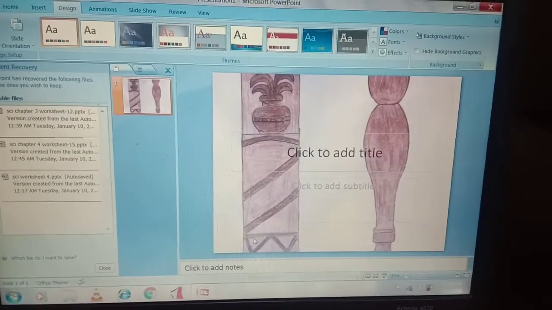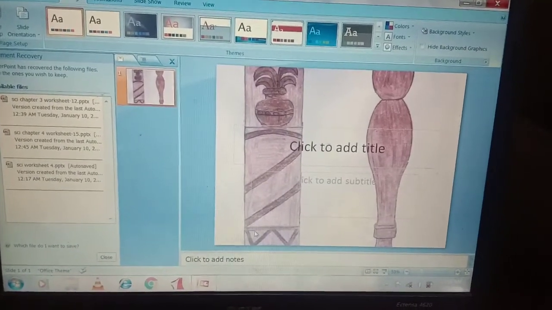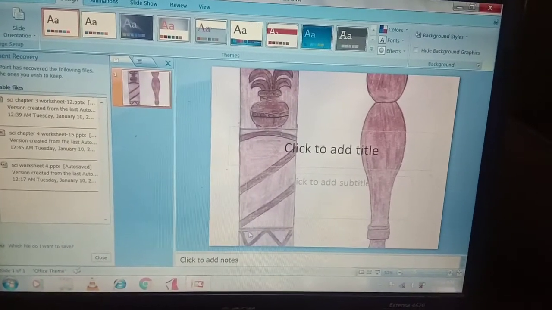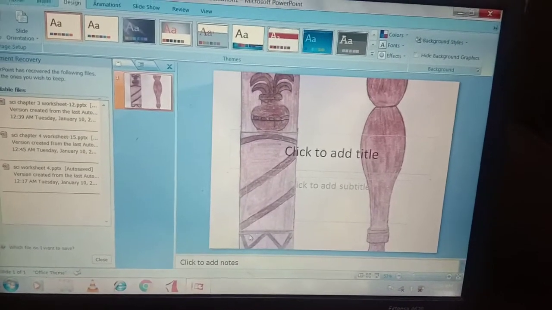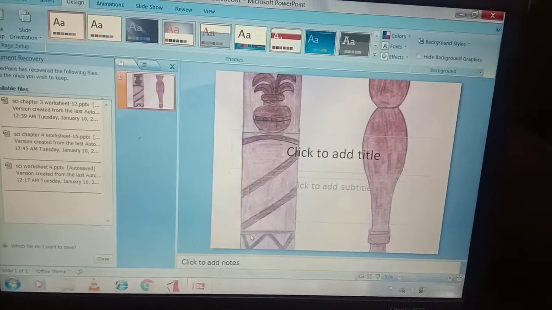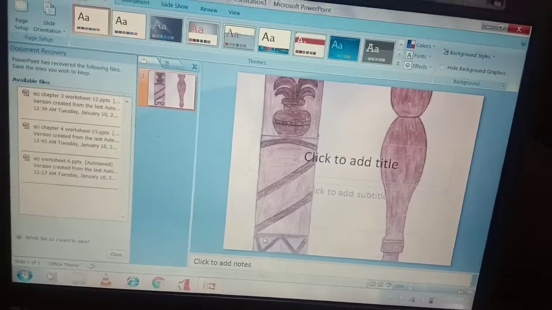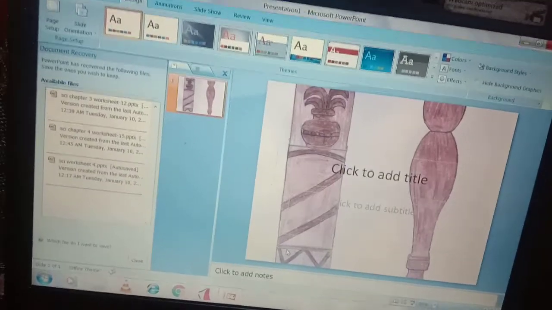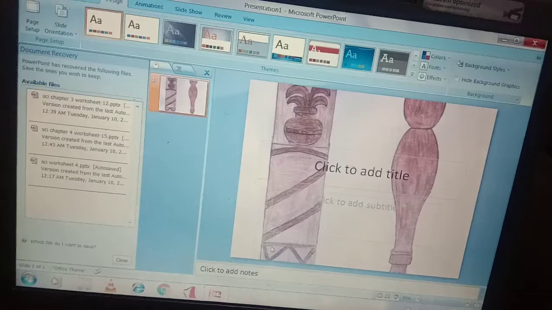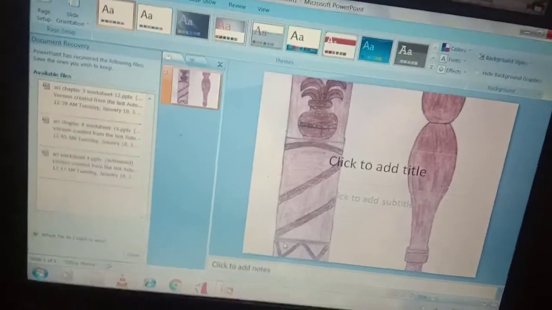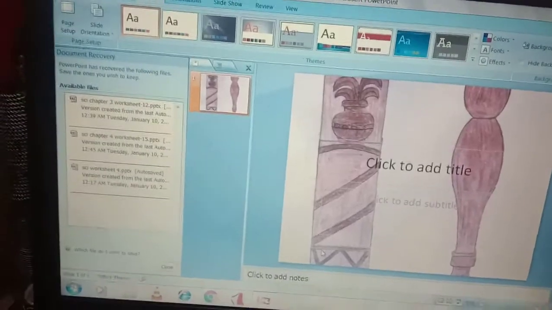So there are so many options. You can have a picture in your background. You can have color styling in your background. You can have the texture in your background. You can have different types of shades of colors in a background. So there are more ways to style your background to make your presentation more attractive. So students, we learned about how to enhance our background.